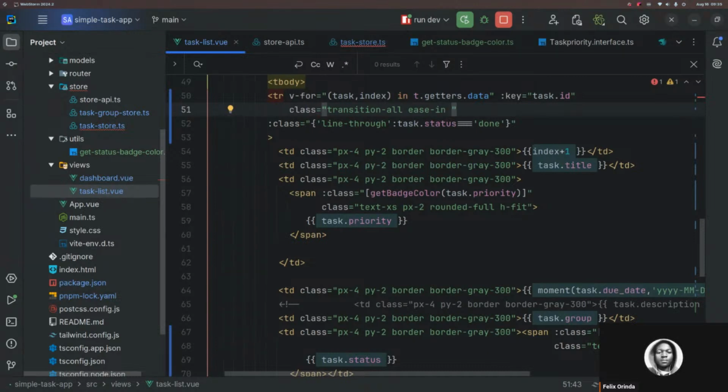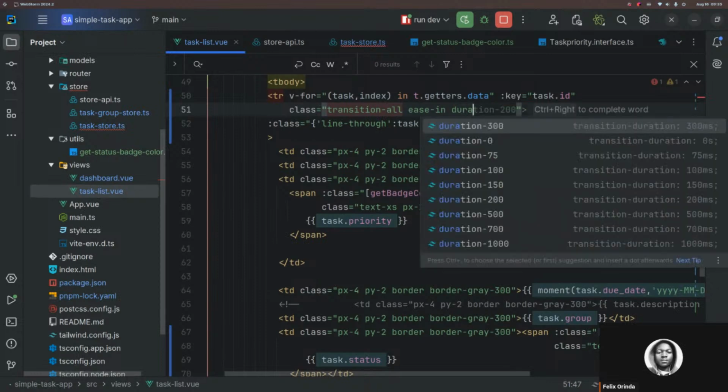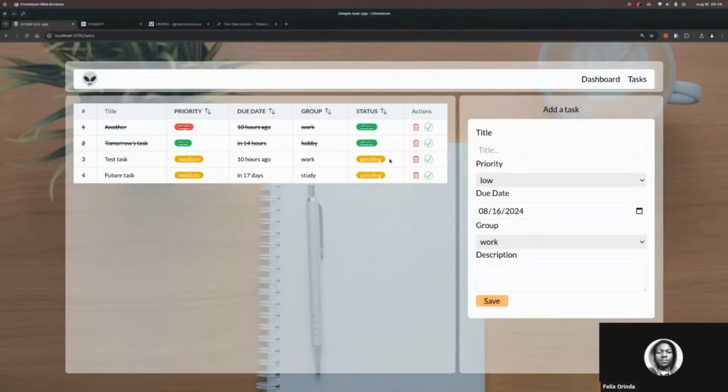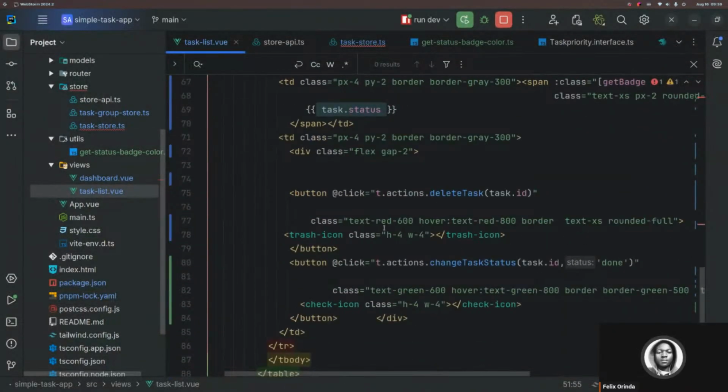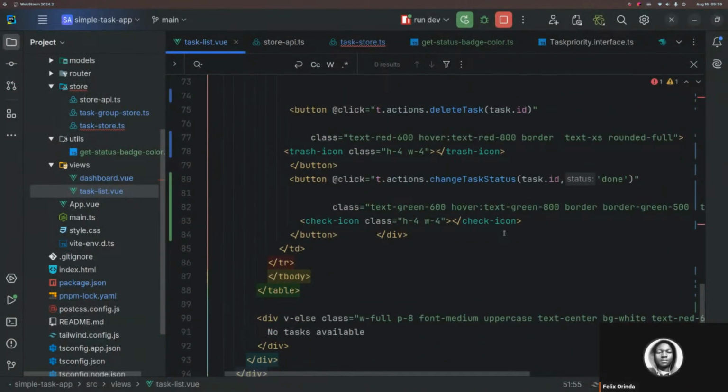Using duration. So if something is not done, then on this button, let's say